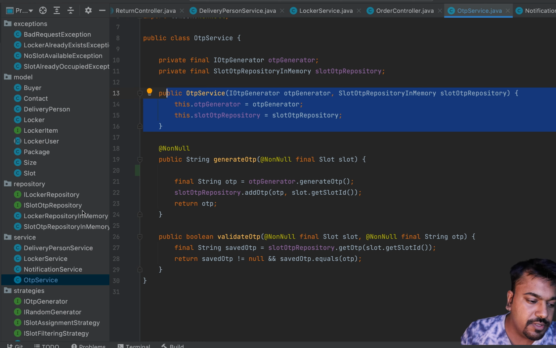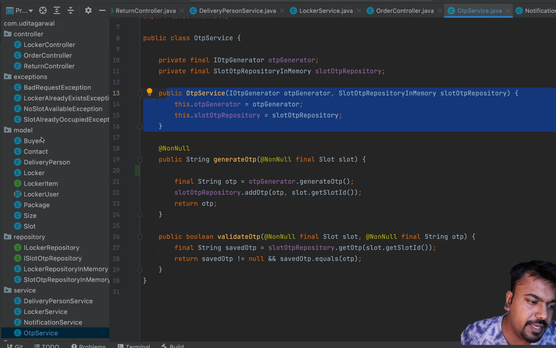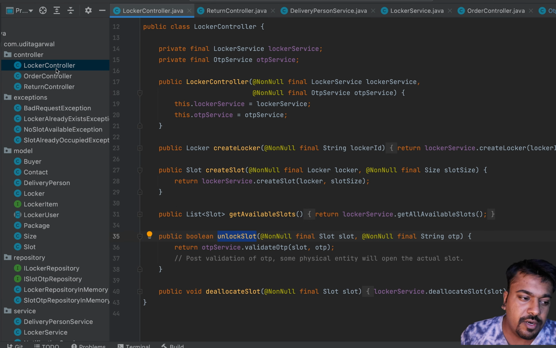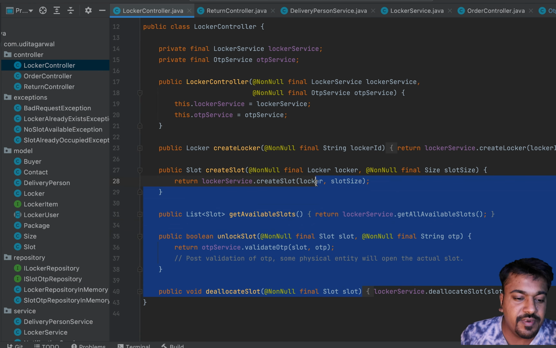Now let's see how this design is following the SOLID principles. So SRP, as you see, various classes are following the SRP nicely. Locker controller is doing everything around the locker. As I said earlier, you can split the class into two responsibilities, one for the slot only and one for the locker only. But right now I have merged these two responsibilities into one because there is no need of them. SRP is a very subjective principle. You can say the full thing is one responsibility, I can say something else is one responsibility.